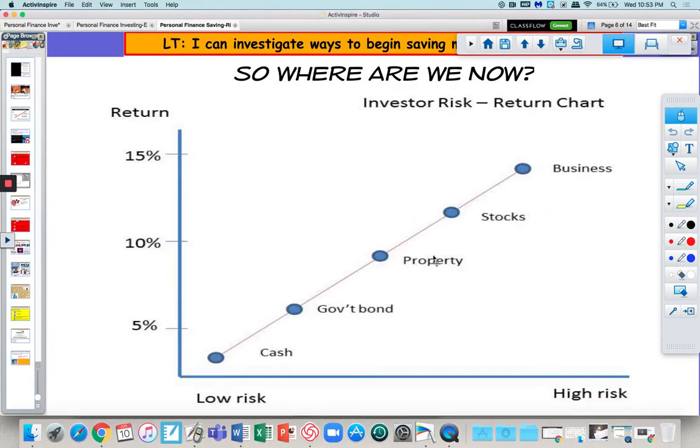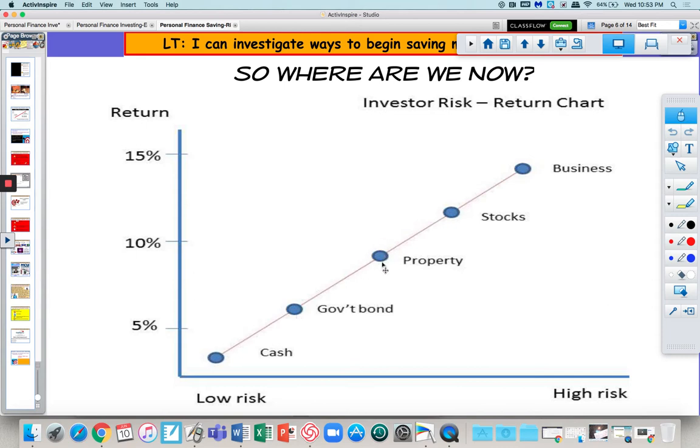Here's our risk ladder again. And so far we talked about having cash at your home. That's the lowest risk. Then we talked about bank accounts. That's still very low risk. It's right around here. Bonds, that's going to be covered in the readings. We won't talk about that now.